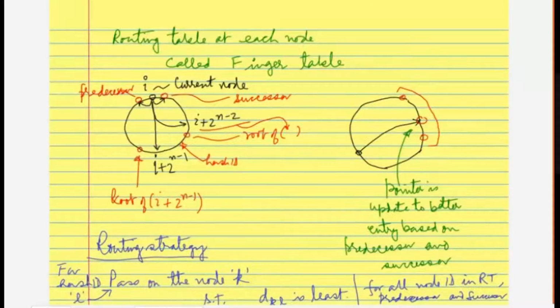In this case, I should now hand over the query to this particular node. This node will then find out if its successor is immediately after this hash ID. The successor should be the root node. It will then inform the successor that you are the root node and this is the hash ID. Then it will look into its own database. In fact, every time you are trying to minimize, you are choosing k such that dkl is the minimum and handing it over. At some point, the node will figure out that it is the closest.